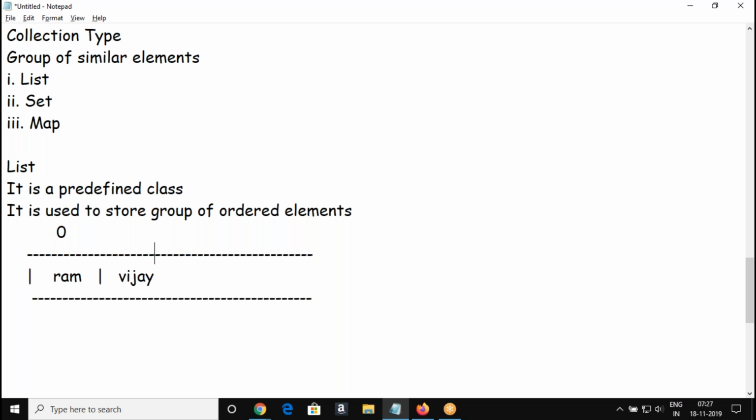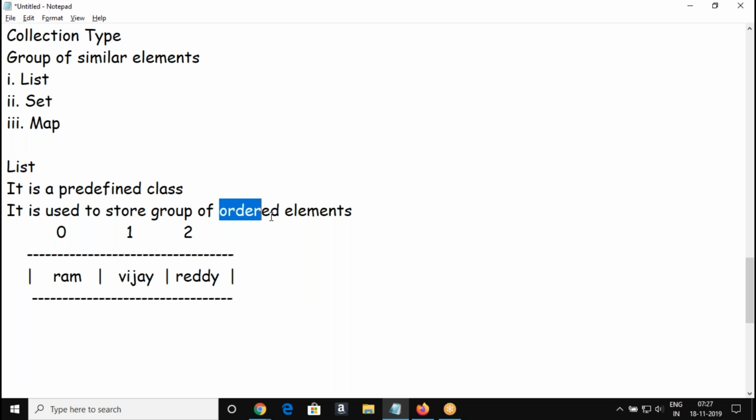The second name I am inserting takes position 1 in memory, the index 1. If the third name is inserted into this list, it takes index 2. So as you insert elements into the list, each element takes the index sequentially.